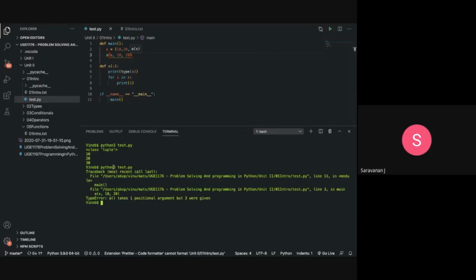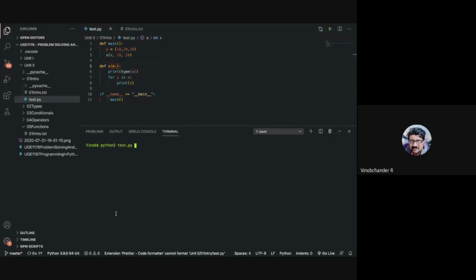It won't. And if I put a star X here, what will happen? What do you think will be the answer? It will work. Okay? Got it, guys? Any doubts?